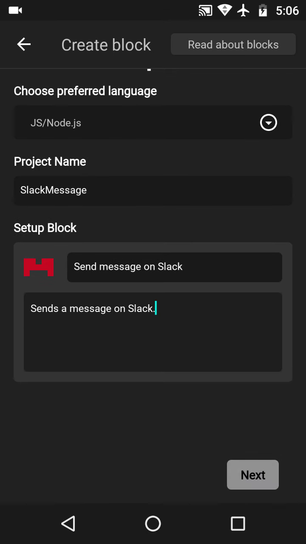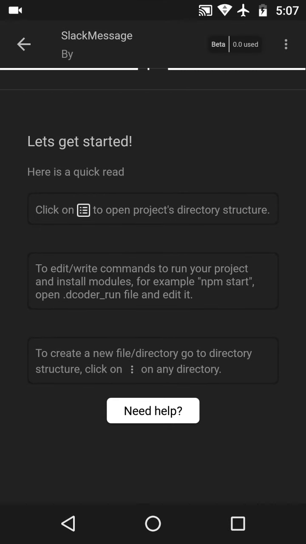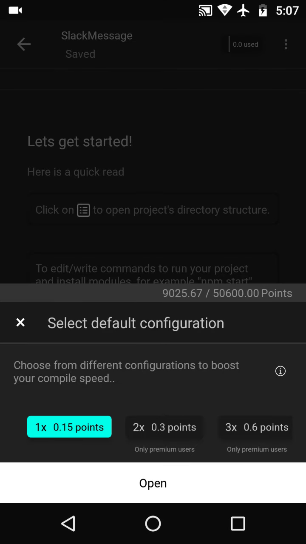Okay, press next. Let's select the default configuration for this one.